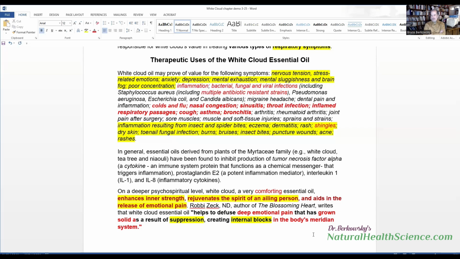The flow of energy, according to the Chinese, moves along these channels in the body to the organ. So the lung meridian is like railroad tracks that channels the vital force qi to the lungs. The heart meridian are the railroad tracks, the highway, the pathway that transfers vital force to the heart. Kidney meridian to the kidneys, liver meridian to the liver, and so forth.